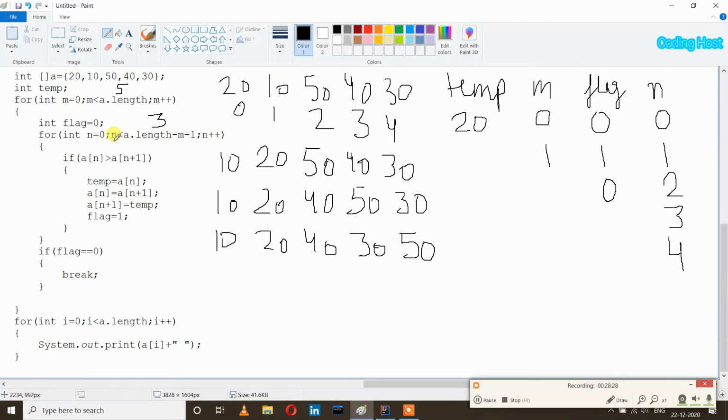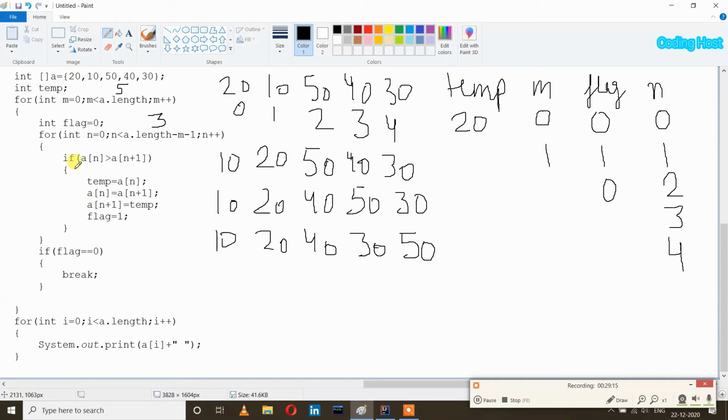And after that n is 0 and it is less than 3, yes, true. And we get inside our loop, and we have an if statement here, if a of n is larger than a of n plus 1. So at index 0 the element is 10, and at index 1 the element is 20, so 10 is not larger than 20. So this if statement is false and these statements will not execute. After that n plus plus, so now n will become 1, and now it will check that n is less than 3, so n is 1 and it is less than 3, so yes, true.